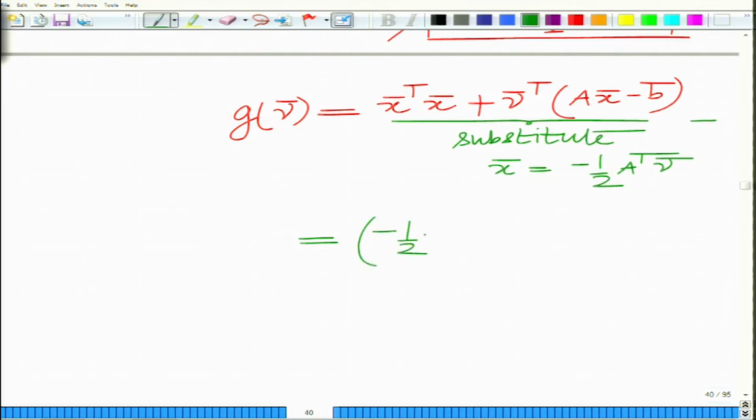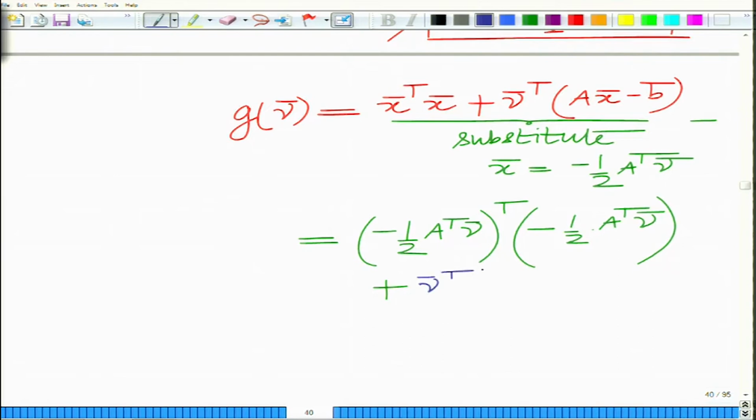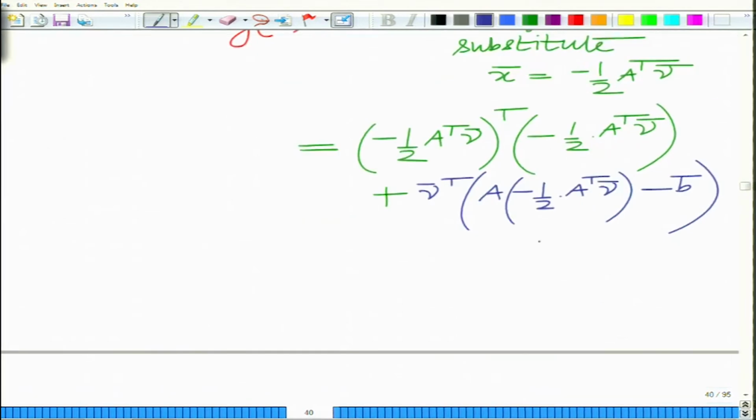minus half A transpose nu bar, transpose, minus half A transpose nu bar, plus nu bar transpose (A times minus half A transpose nu bar minus b bar). So wherever there is x bar, I am substituting minus half A transpose nu bar, and this is equal to